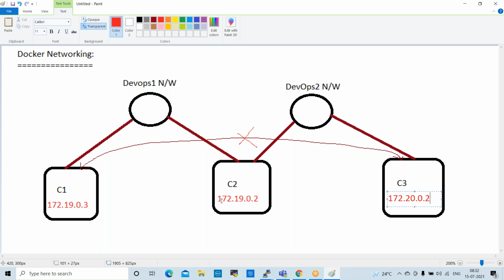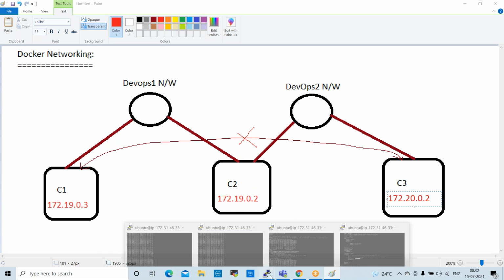Now if I try to ping from 172.19.0.2 to this container, it will not ping. Let us check from C3 to C2. The C3 IP address is 172.20.0.2. The C2 IP address is 172.19.0.2. So from C3 to C2 I try to ping now.